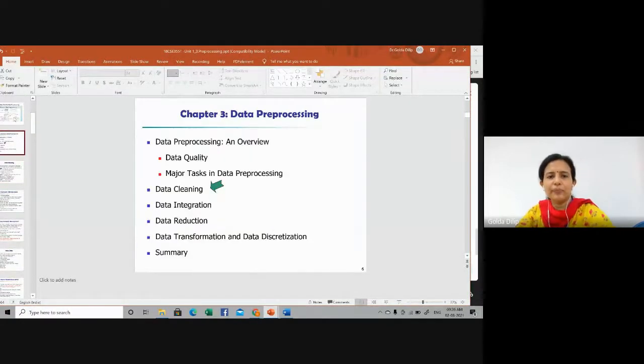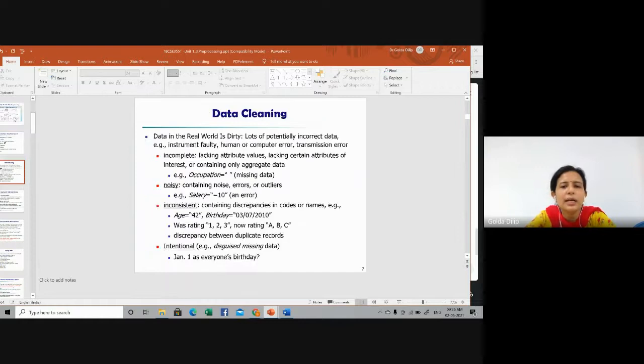Okay, so we'll start with the first step involved in data pre-processing, nothing but data cleaning. Data cleaning is all about how to deal with the missing data, or you can call it how to deal with the incomplete data, and also how to deal with the noisy data.